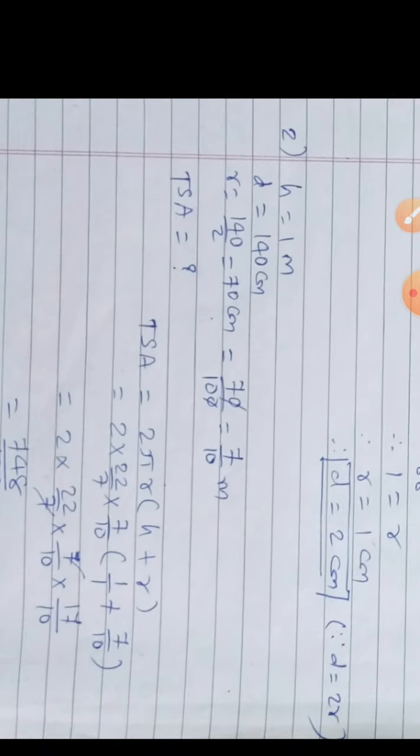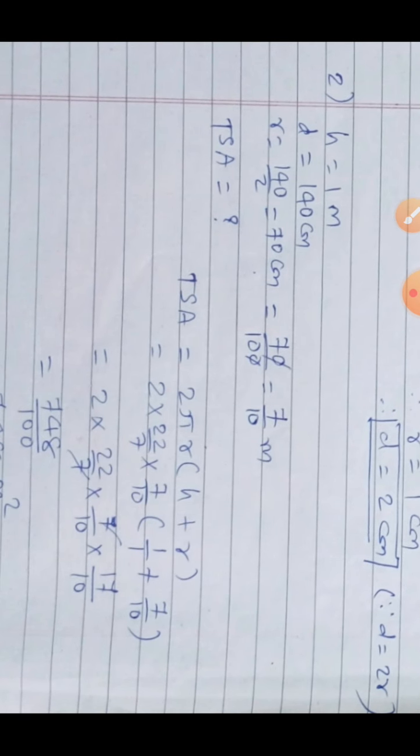Okay, now look here. First of all, I prepare the list. Height given 1 meter, D given 140 centimeter. D is not important, but we just write it because it is given. We actually want radius, not diameter. So r equal to 140 by 2. Why? Because r equal to D upon 2. So divided by 2 is equal to 70 centimeter. But we have to convert that 70 centimeter into meter. So divided by 100, it becomes 7 by 10 meter.